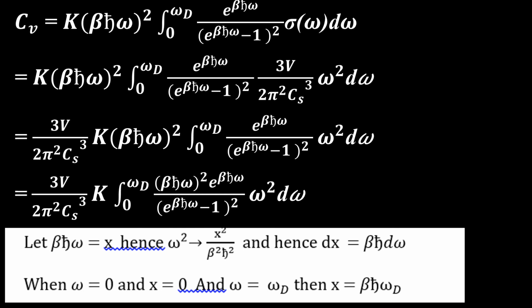And when omega is equal to 0, that is x is equal to 0, and when omega is equal to omega d, then x is equal to beta h cut omega d, and that is why we will change the limit, and this is in terms of 0 to x, the integrated term we will write. And next page,